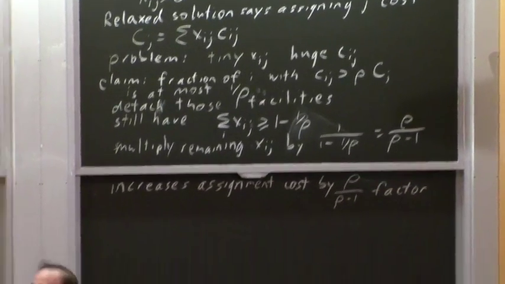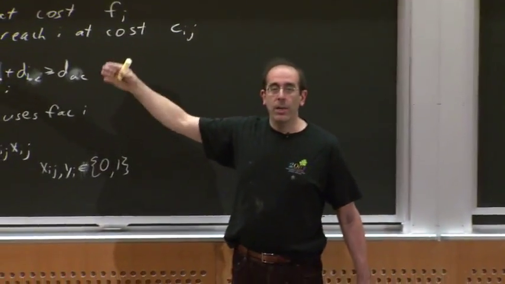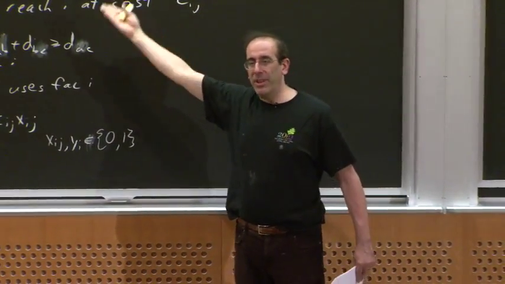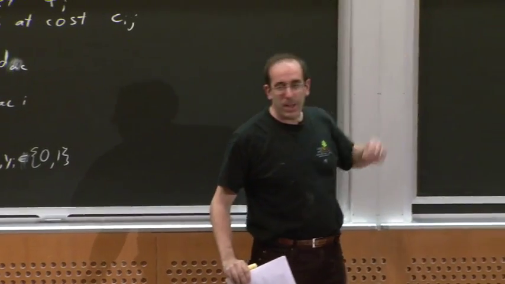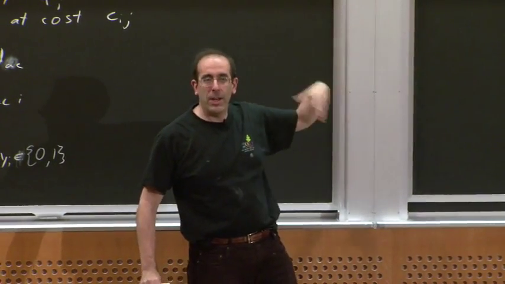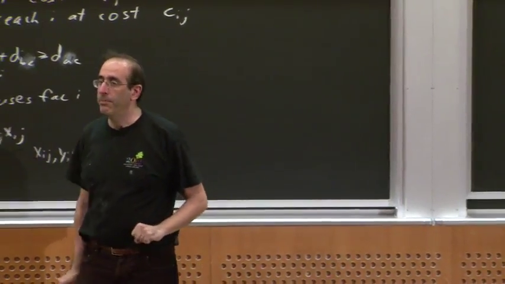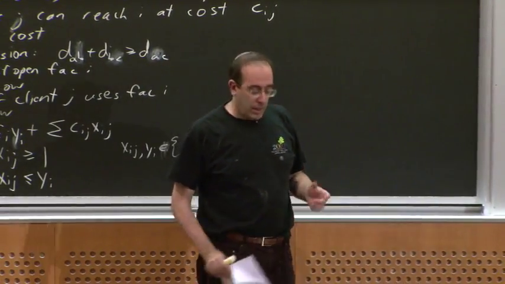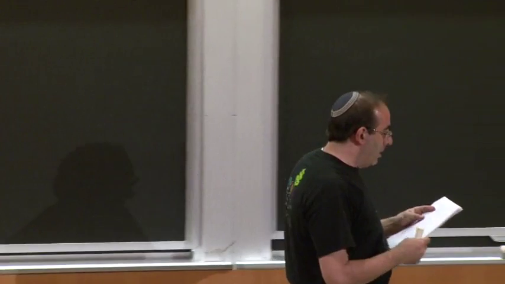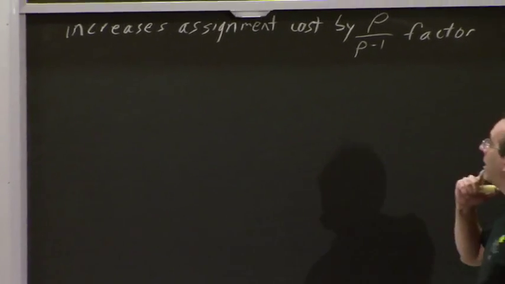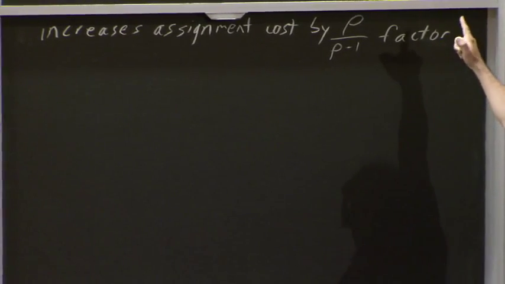Right? This is the same argument as we did with vertex cover. With vertex cover, we doubled the variables, and that only doubled the cost. Here, we're multiplying the variables by rho over rho minus 1, and that only multiplies the overall assignment cost by the same amount. Okay? All right, so now we're in good shape, because now that we have filtered out all